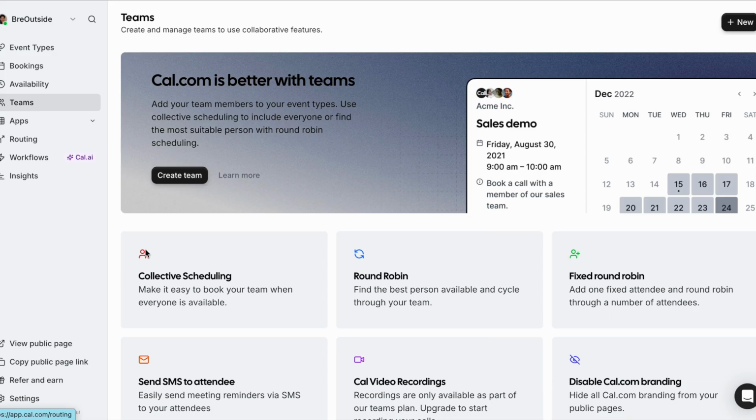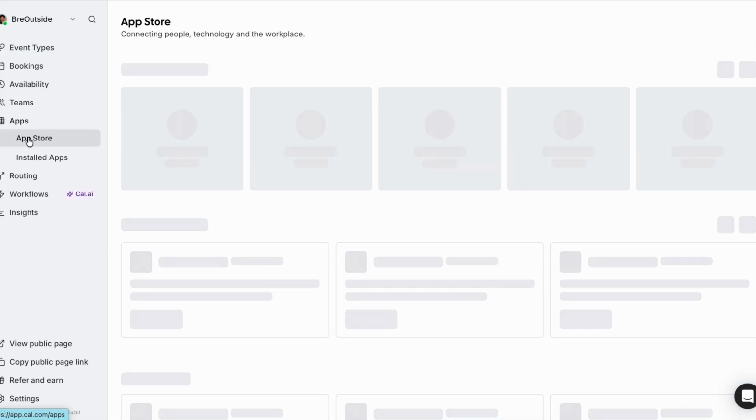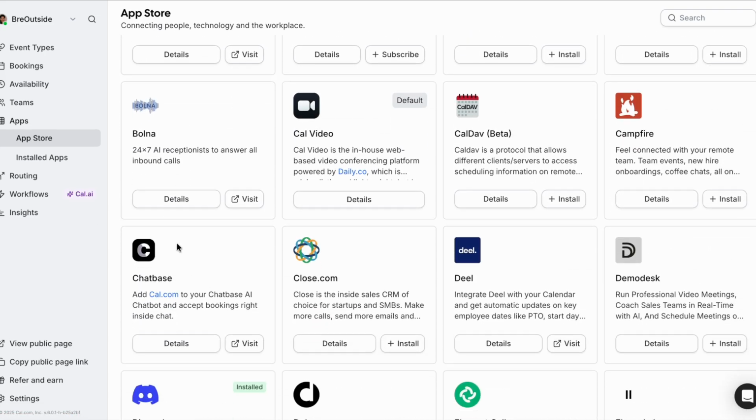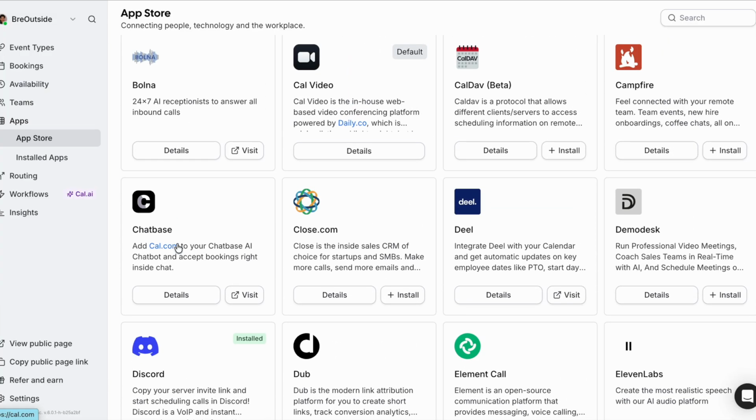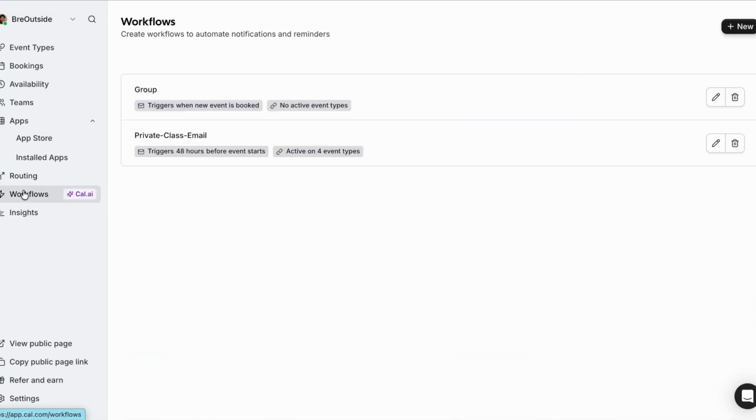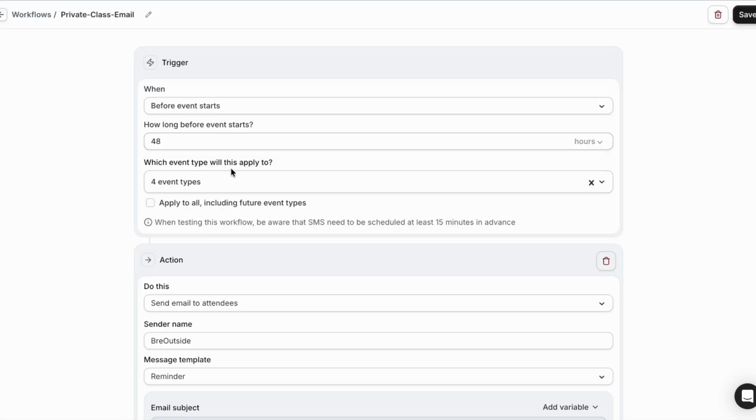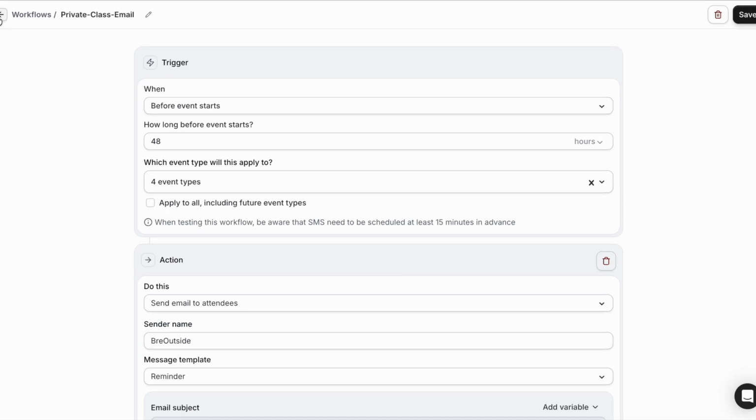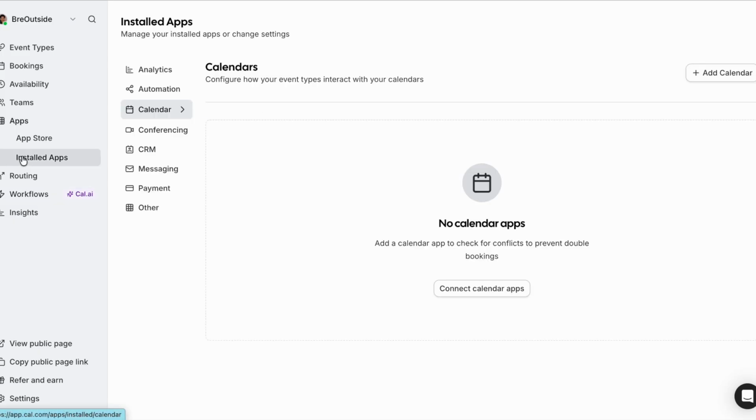So there's tons of apps that you can integrate into it. Again, for the most part free, but a lot of these apps are paid. There's also workflows, so there is a limit on the workflows. There's only so much you can do with the free plan. Like you can't set a custom message. Basically, you can ask people to rate or remind them. But you can integrate it with,